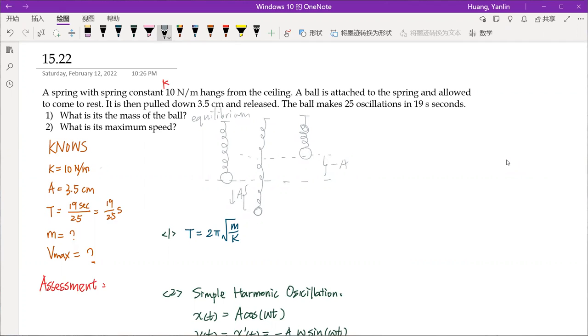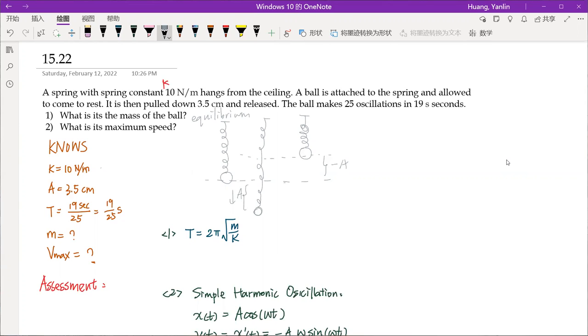10 Newton per meter, and the ball is attached to the spring and allowed to come to rest, as in the first picture, to indicate that the ball is in the equilibrium position, and then if someone pulls it down to